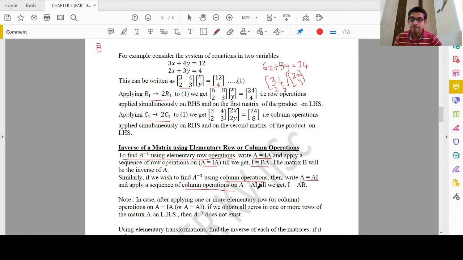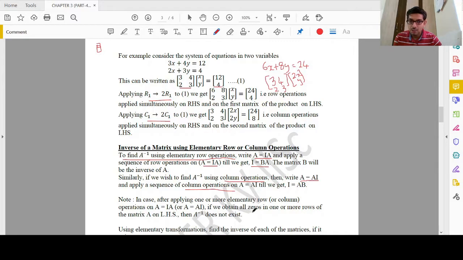This is using column operation. So you have to note that in order to apply row operations we have to write A equal to IA, and in order to apply column operations we have to write A equal to AI. Now suppose after applying one or more elementary row or column transformations, A equal to IA or A equal to